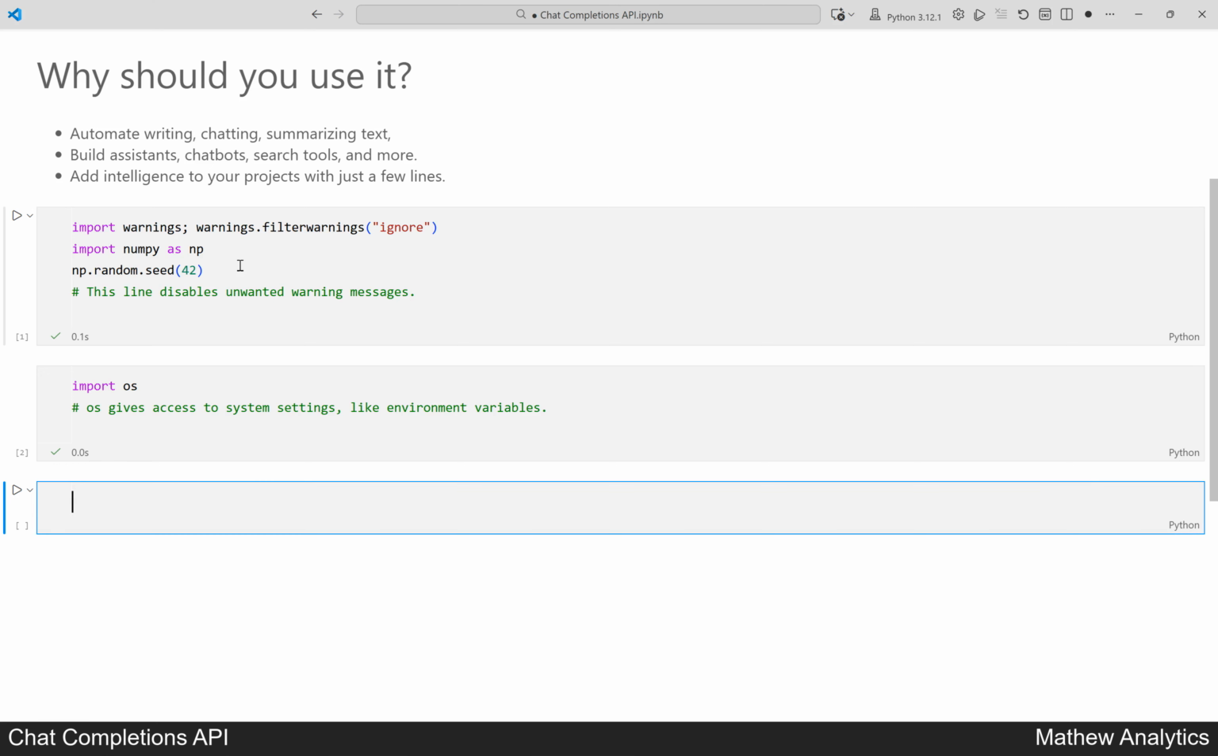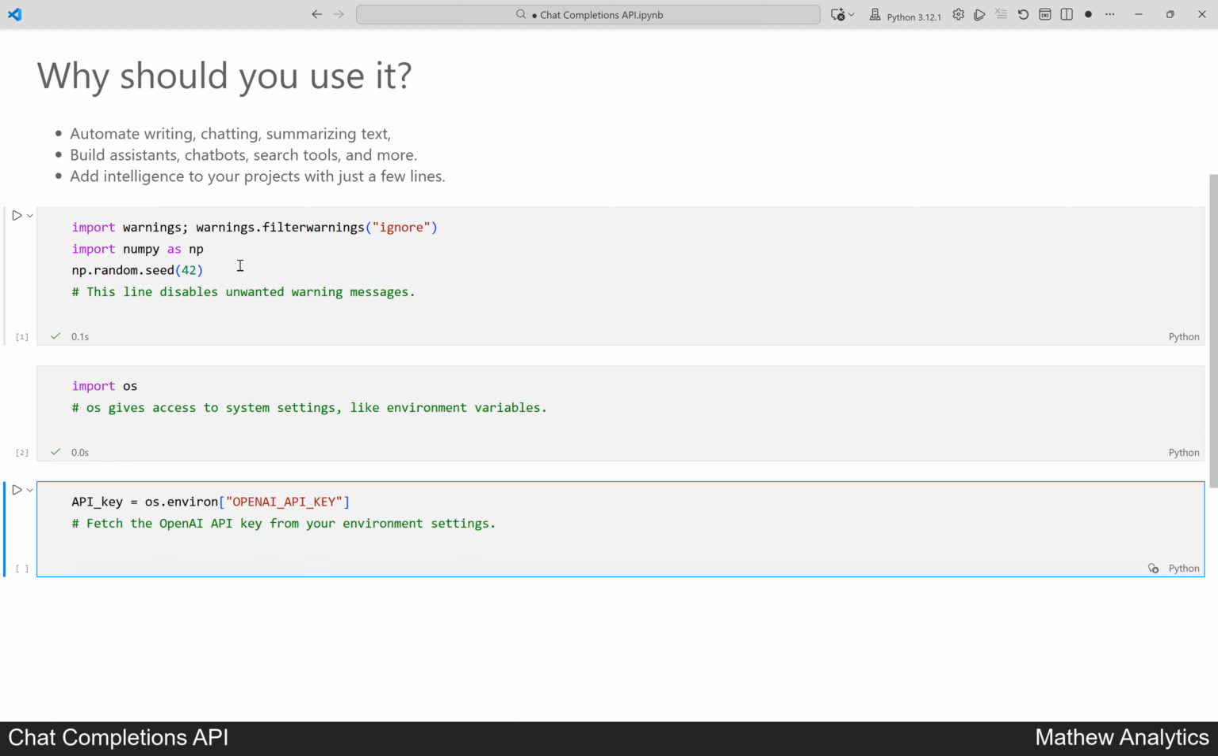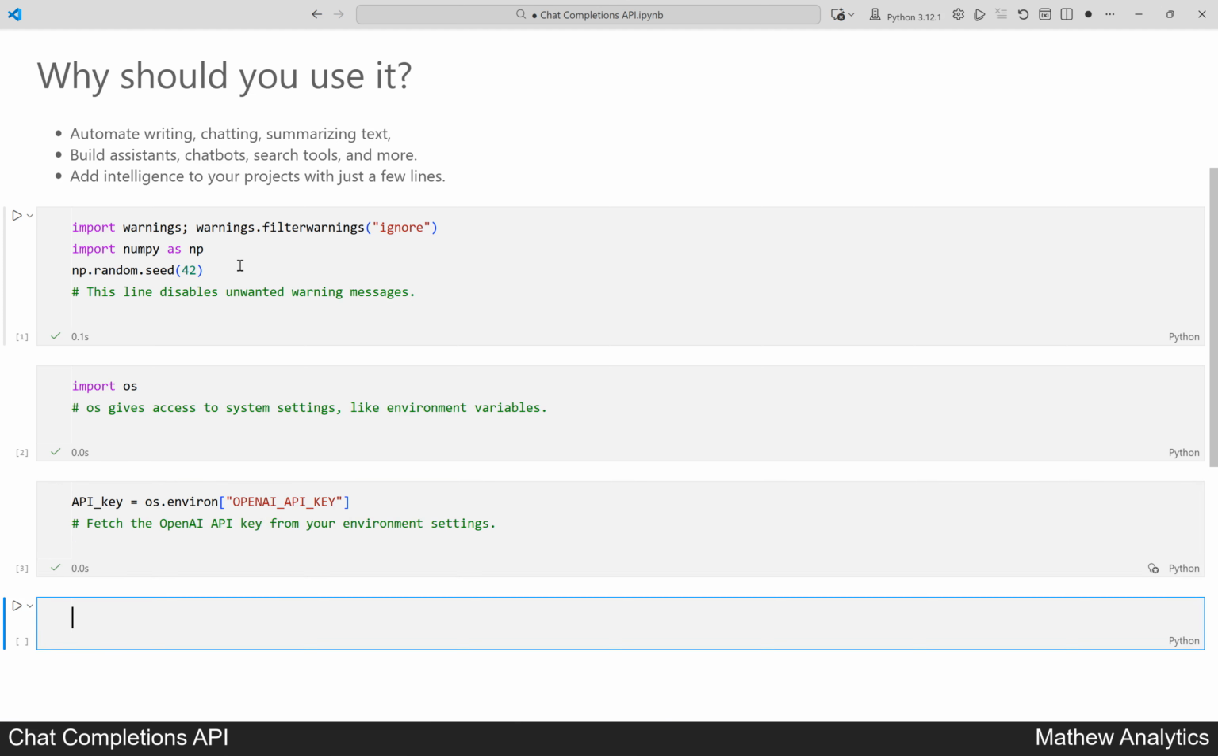Now, we grab your OpenAI API key from your system environment. This keeps your key safe, and you do not need to write it visibly in your code. This saves your OpenAI API key from your environment in the API_key variable. It is safer than typing secrets in your code. Here, we're securely retrieving the OpenAI API key from your environment variables to keep sensitive information